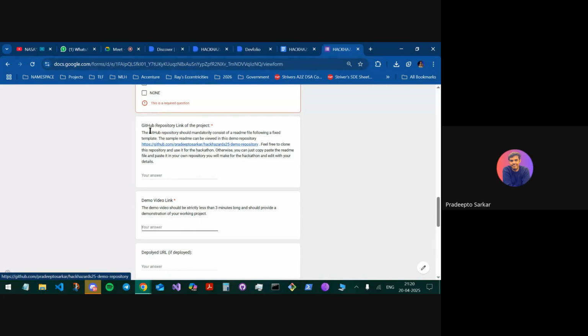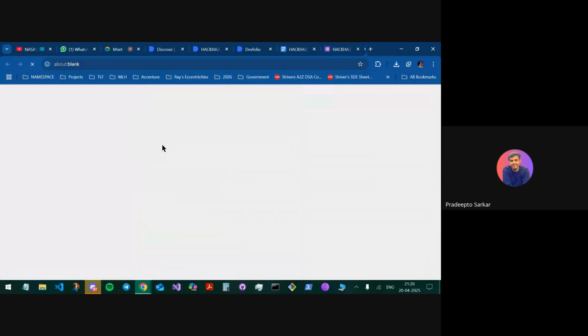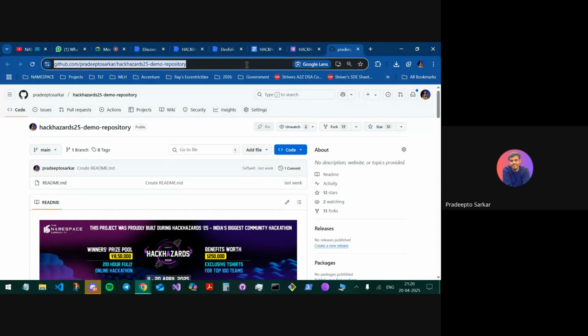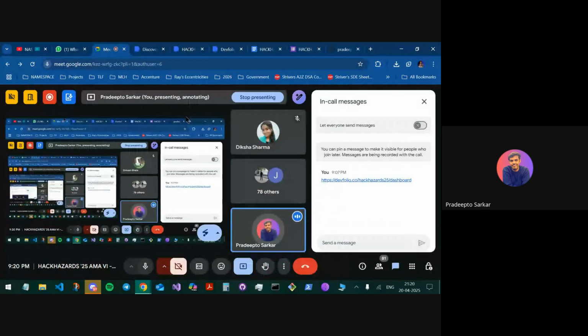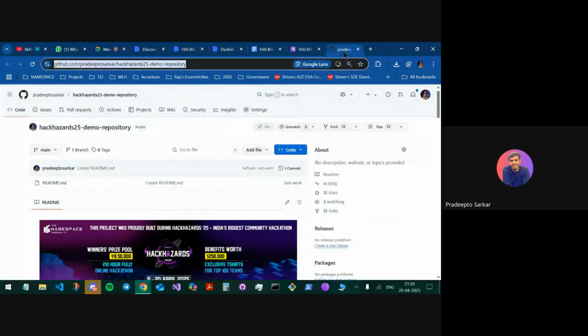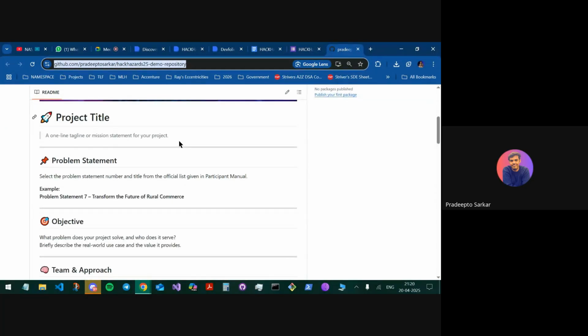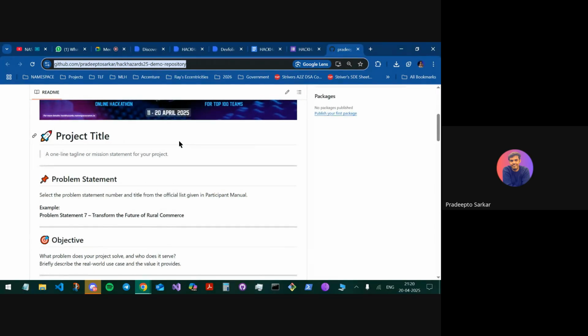If you look in this form, there is this demo repository. You have to go to this repository. Let me quickly put this in the chat as well. You can clone it, you can fork it, that's up to you, but you should use the README provided here. This README that you see, your GitHub repository should have this kind of a README only, because